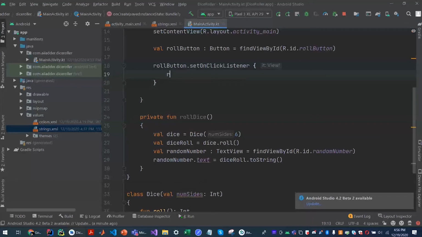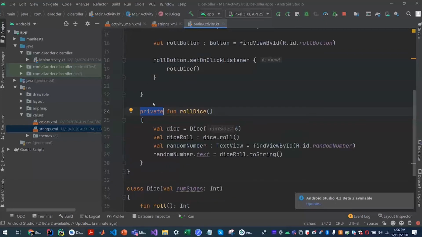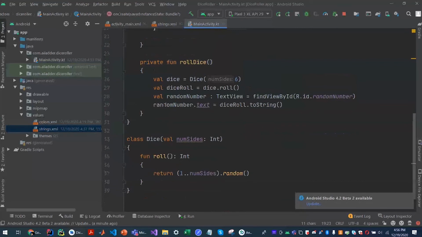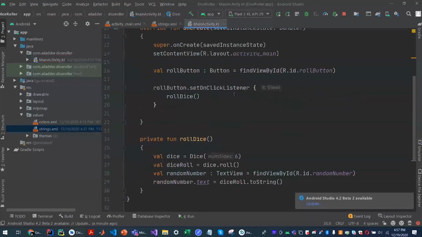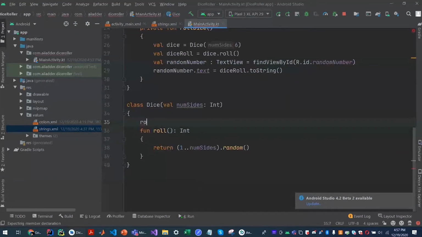One more thing is, you might be wondering what this is. Private basically means that this function can only be called from within this class. If you call it outside the class, it will throw an error. Try to call rollDice anywhere within this class. Basically, it's recognizing that this function exists in this class. But if I try to do it somewhere else, then it will give me an error saying that this function doesn't exist because we're trying to call it from another class.